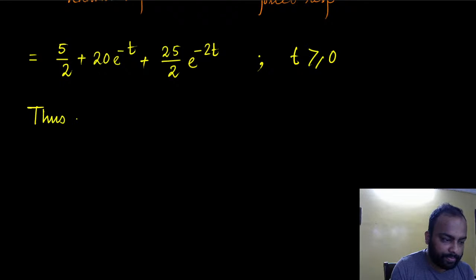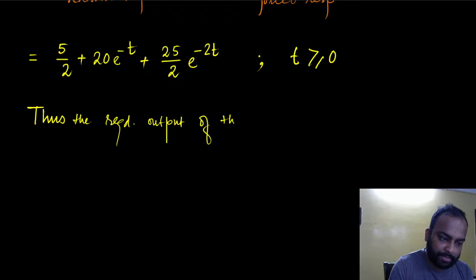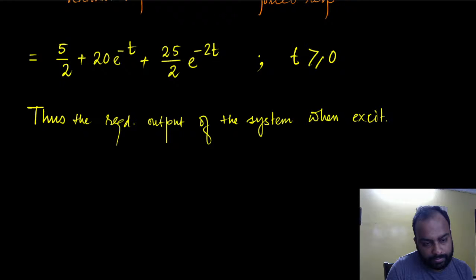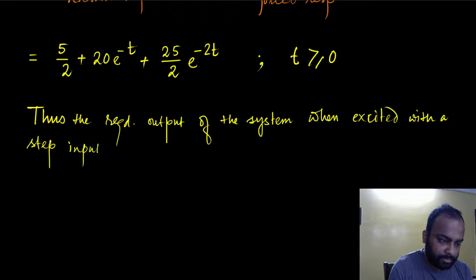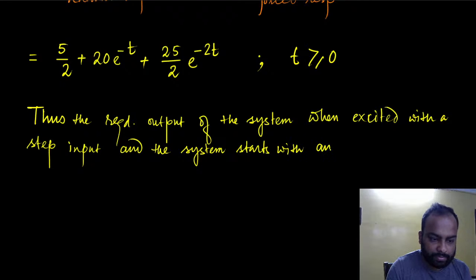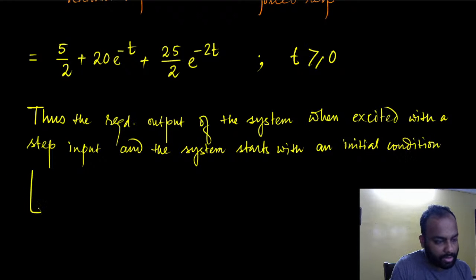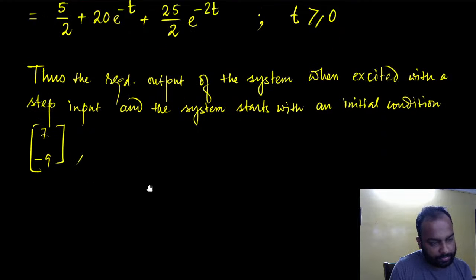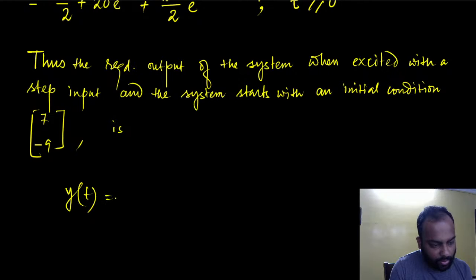Thus, the required output of the system when excited with a step input and the system starts with an initial condition 7, minus 9, is the output y(t), which is equal to